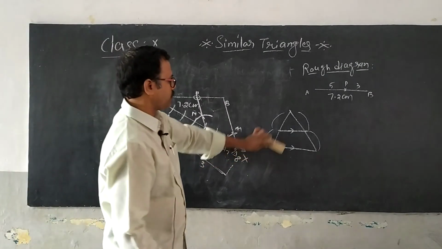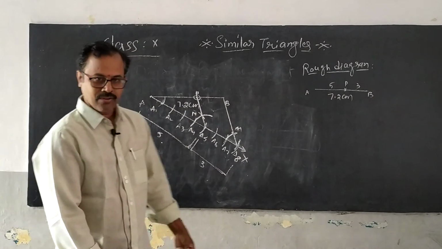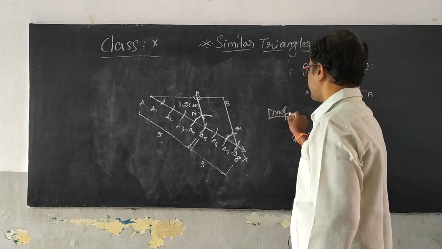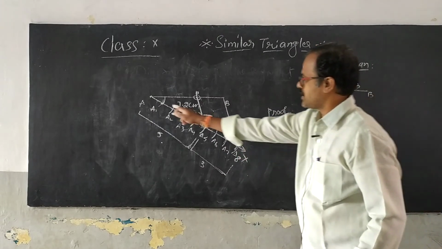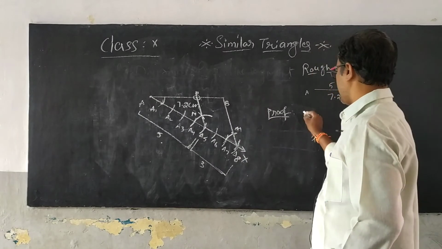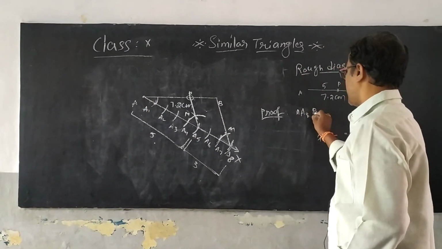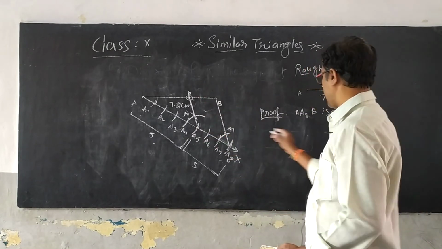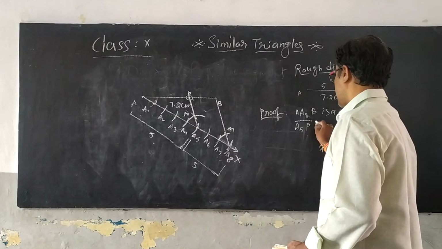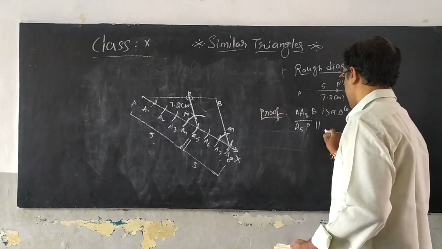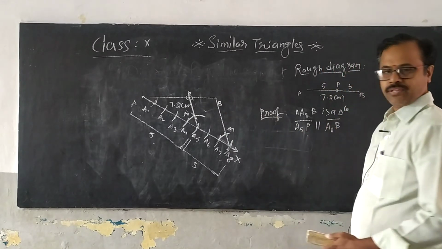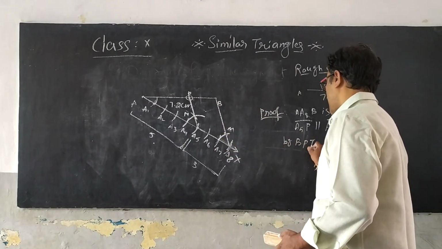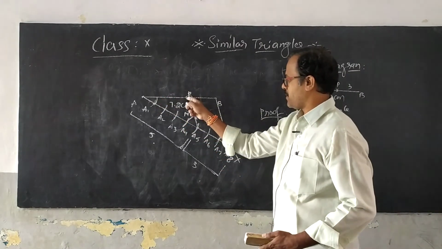Okay. How do you prove this one? So, we can prove this one. You write the construction by your own. Everybody? Okay. So, I give you the proof. How do you prove this one? Clearly, you see that A8B is a triangle in which A5P line segment is parallel to A8B line segment. When these two lines are parallel, by basic proportionality theorem, I say that